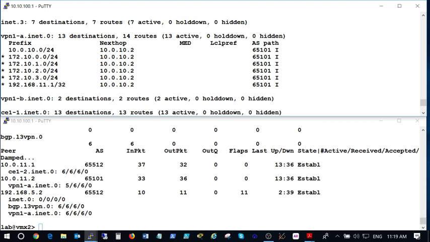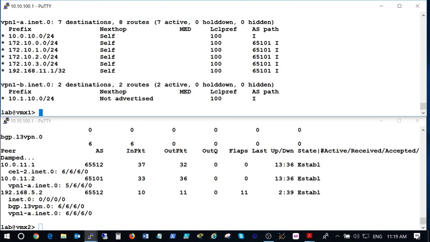The next hop we received from the CE is 10.0.10.2, but when we re-advertise the route, the next hop has changed to self. And the question is, why is that? It's interesting because we do not have a next-hop-self policy